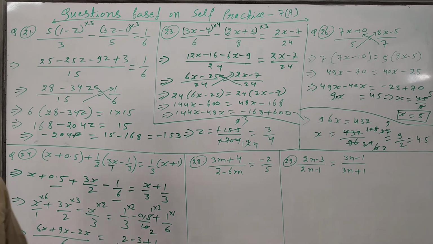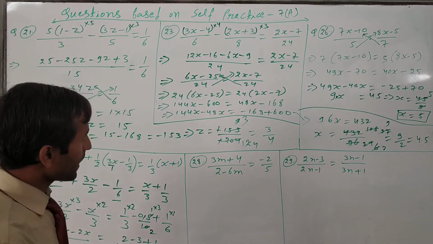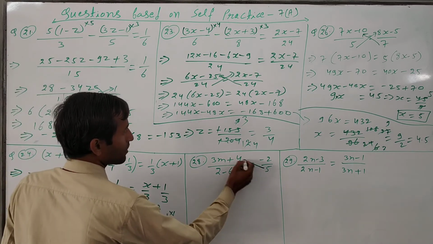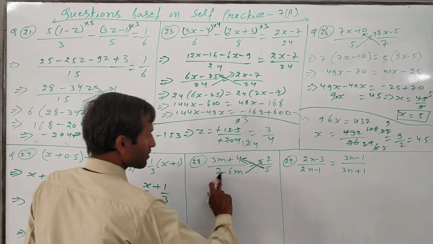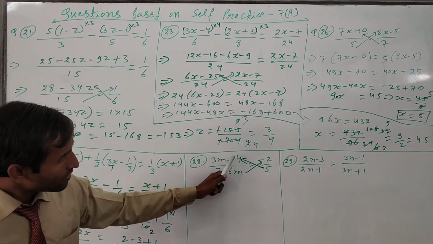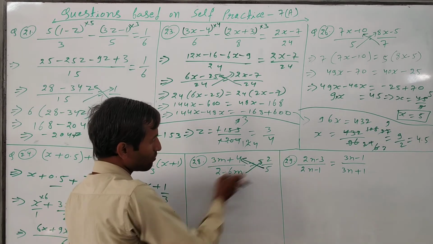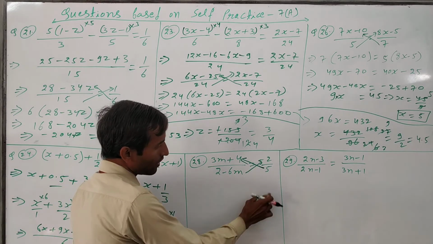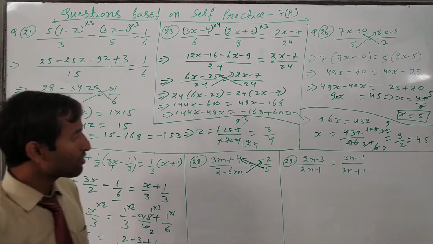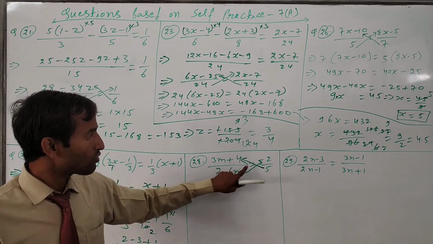Okay. Now we have to solve question number 28 and 29. In this also again we have to do cross multiplication only. Just cross multiply. This side will go there. Just be careful with the minus sign. If you do it wrong, if you just shift this also, this one else this side, then upon nothing written there, so that will be wrong. So for that we have to cross multiply, same as whatever I am doing here.